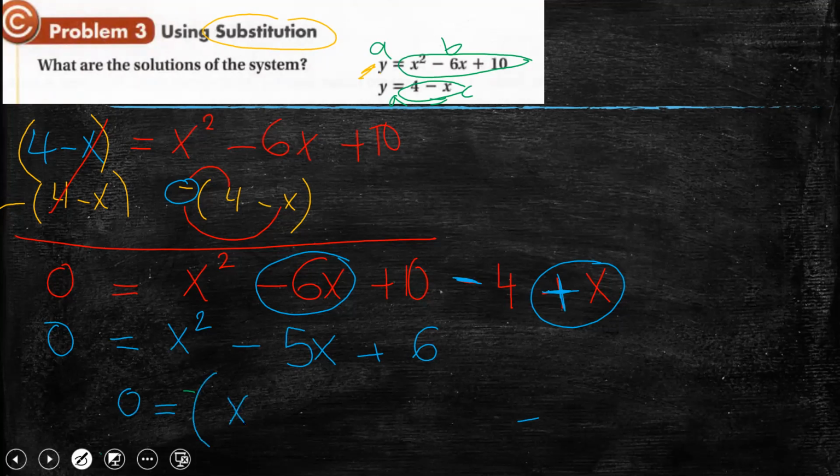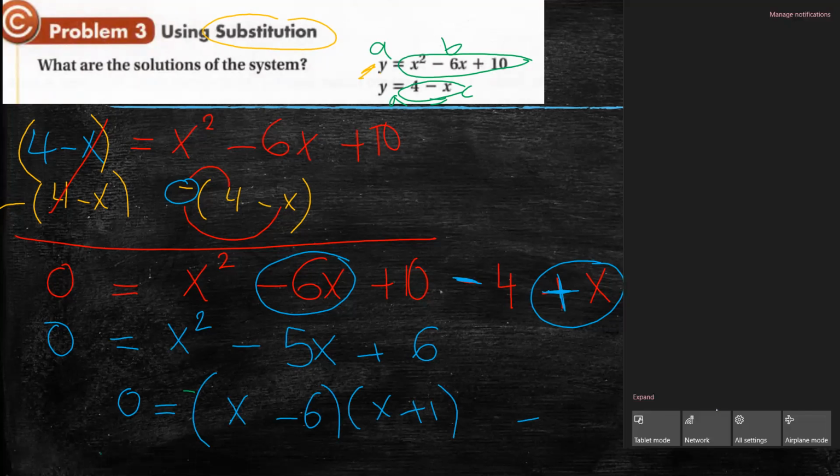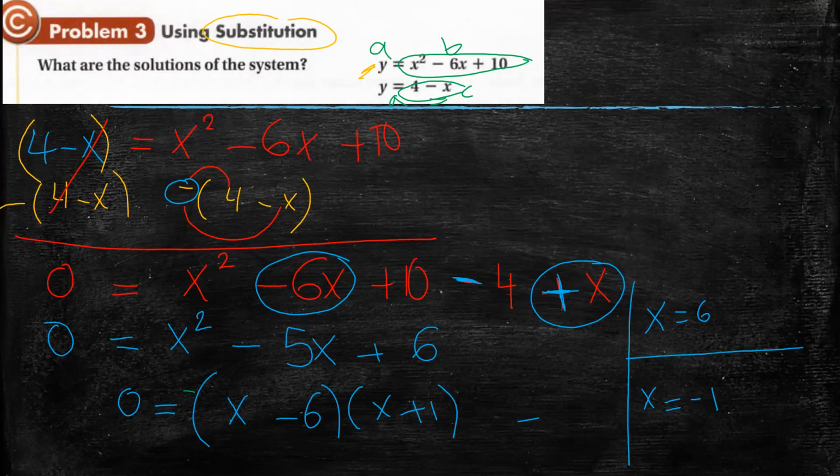It will be x minus 6 and x plus 1. These are now the two solutions. Make them equal 0, so you have x is 6 and x is negative 1. At point x equals 6, you have 4 minus 6, which is negative